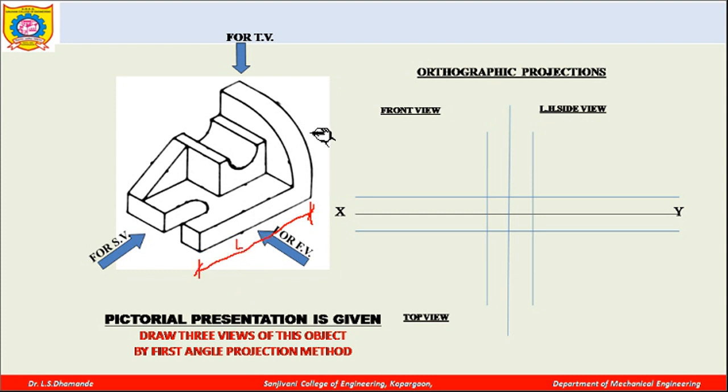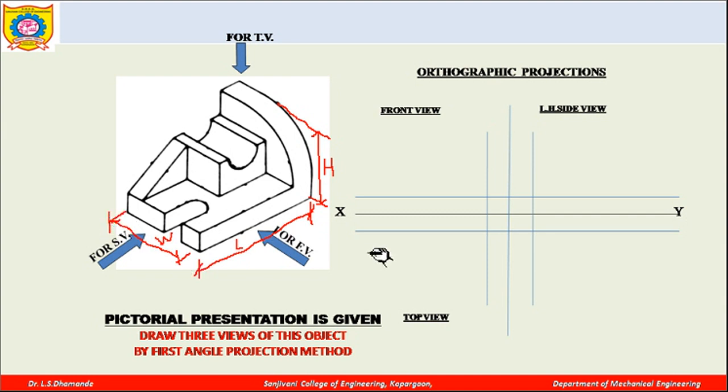Then we also have to note down the height of this object. If I draw two lines like this, I can get the height of this object, which I will write here as h. If the dimensions are available, we can read them over there. And for the width of this object, if I draw two lines like this, and this is the dimension line, I will get the width of this object. So I need initially these three dimensions.